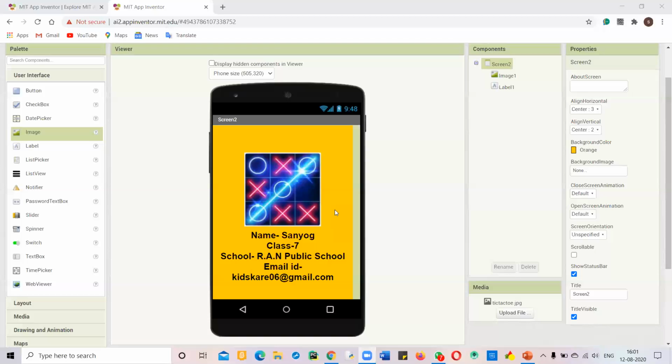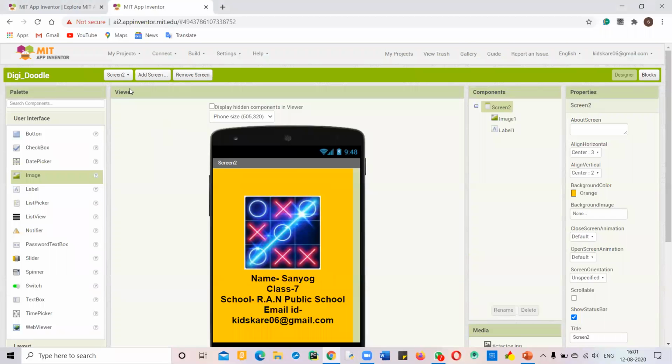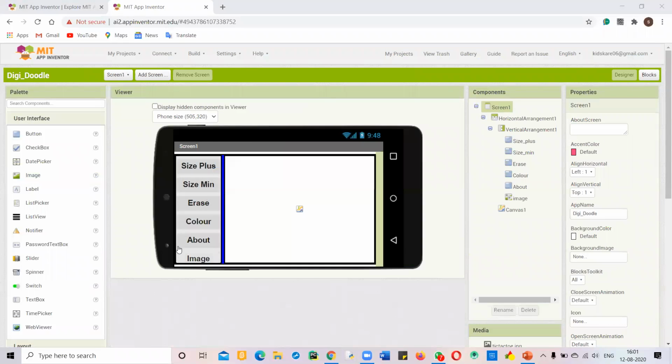I was asking that what will be the use of this screen 2? Yeah, the use of the screen will be like the users can know who has developed the app. Like this about button we have added for knowing about this app. You can say knowing about the developer of the app.